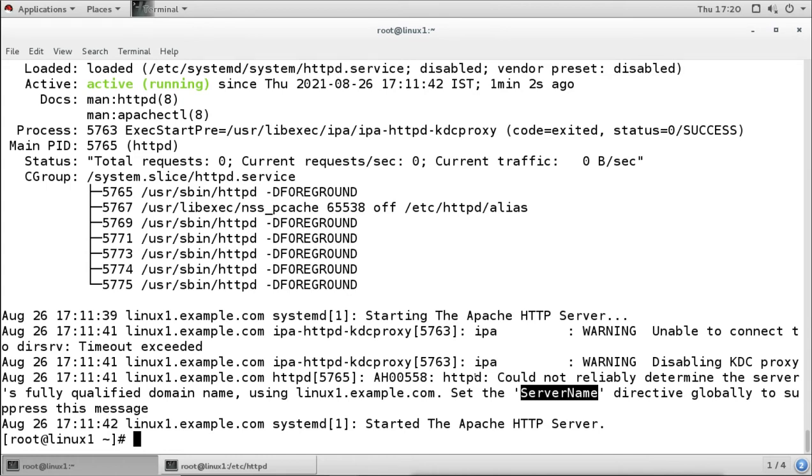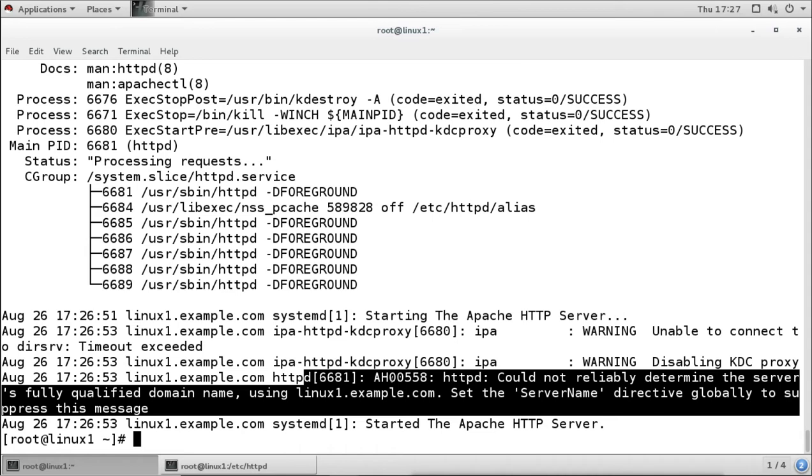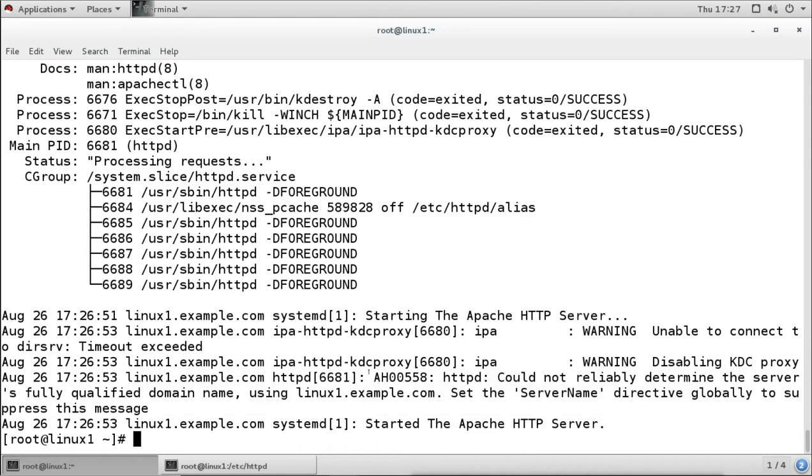By default the server's name is not defined, so we have to define the server name so that it can get the server name, and it will not show you this error. Whenever we reboot or restart the service, we will always see this, until we add the server name into our main configuration file. This is the default thing.